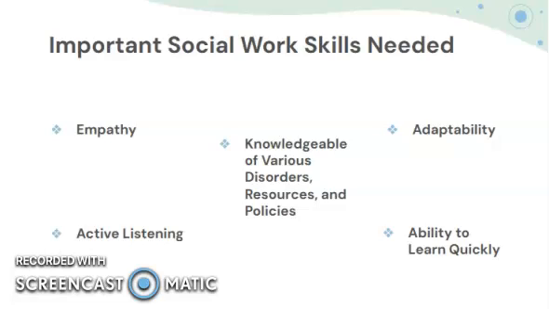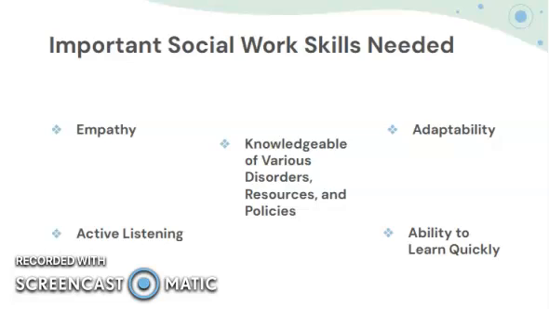Active listening is really important too. Clients are sharing their stories and their experiences, and it's important that we're listening and making them feel heard, and just really tuning in. And like I've said before,